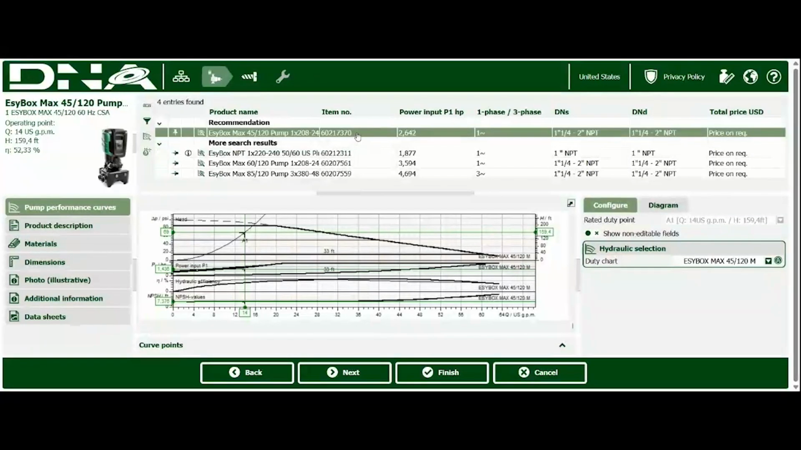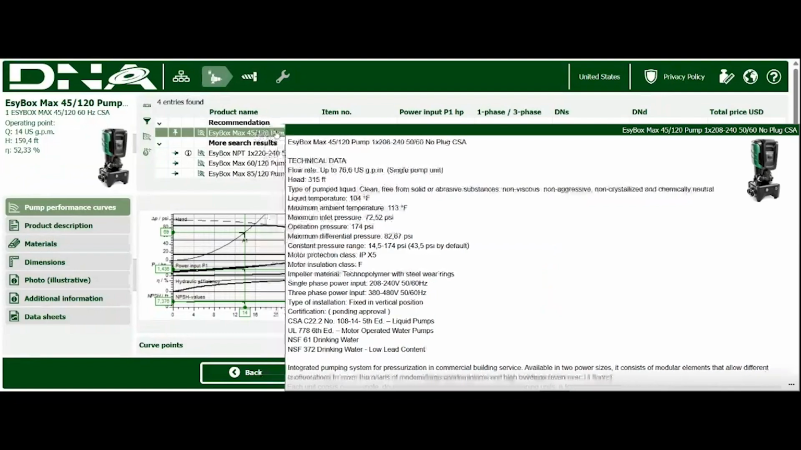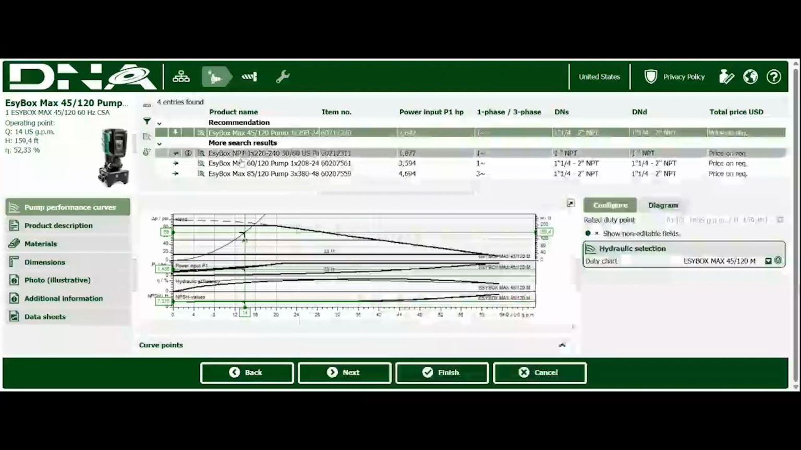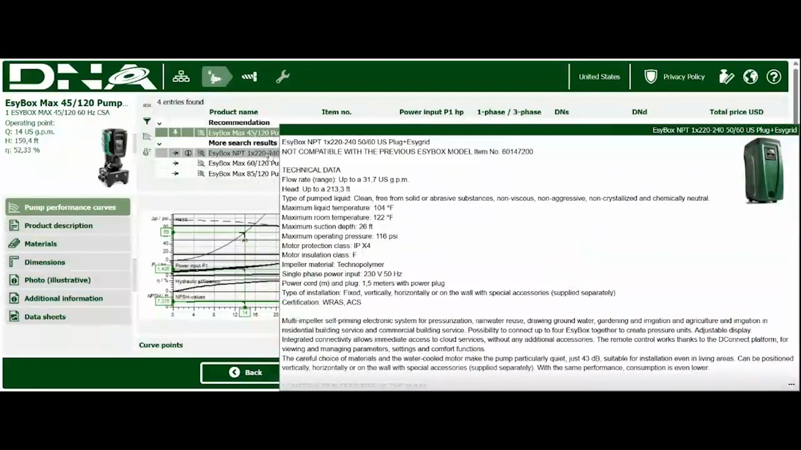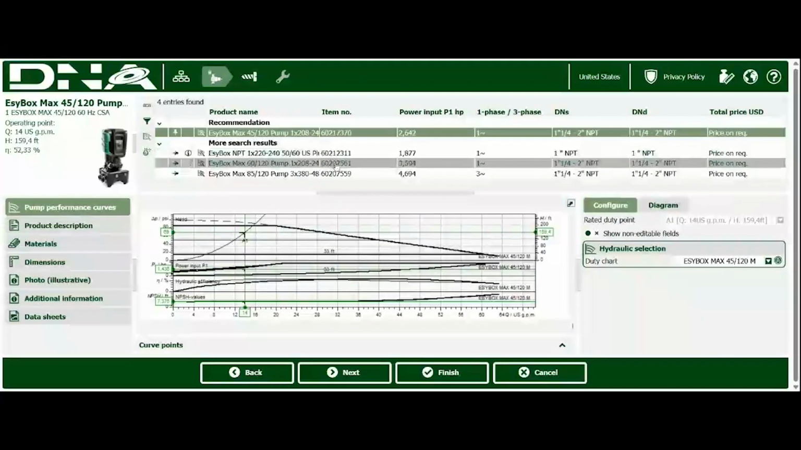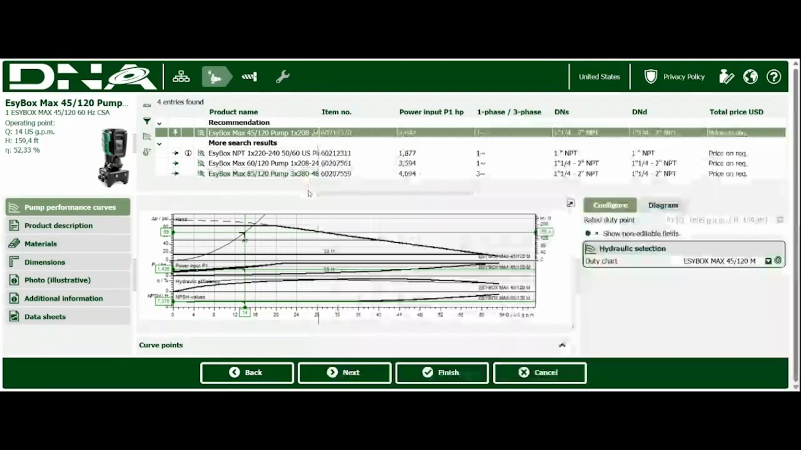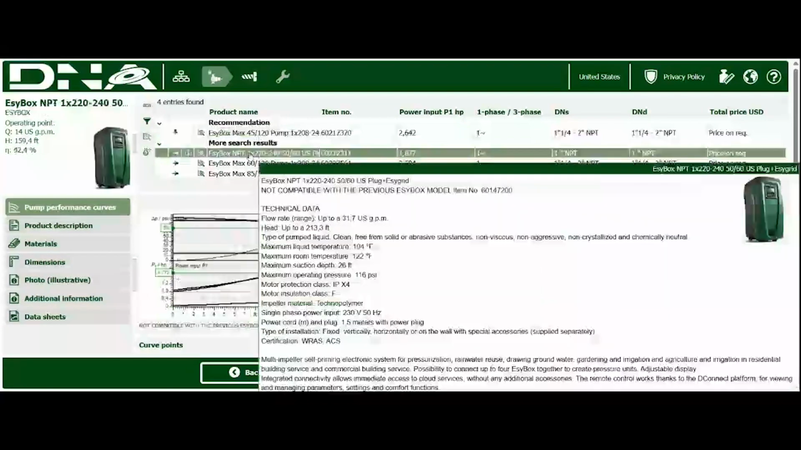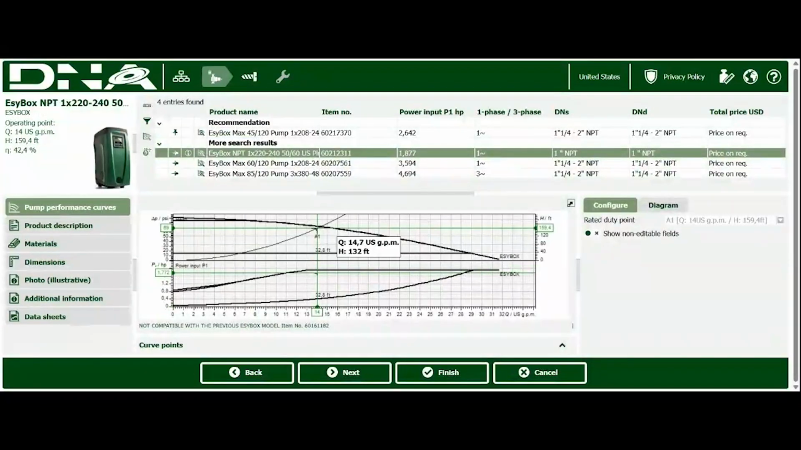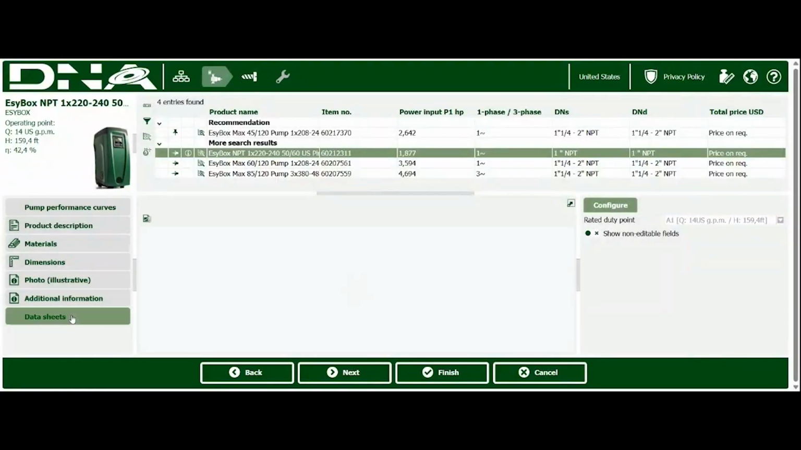So if you look here, the EasyBox Max 4120 pump will work. The standard EasyBox MPT unit will work. The EasyBox Max 6120 unit will work, and the EasyBox Max 85120 unit will work. I know that our customer is looking for a smaller pump, so we're going to select EasyBox. And as we can see, this provides the required duty under the curve, which is where we want it to be. We can click on Data Sheets here,